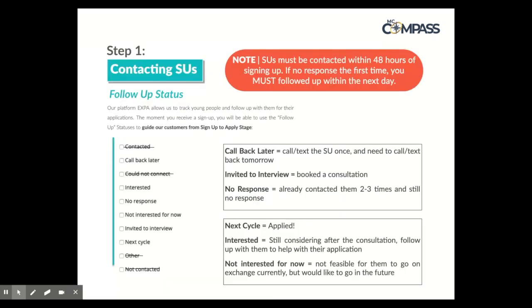So you're on Expa and you find, okay, cool, there's a new sign up. Let me contact them. So you would either call or text them. Just a note, signups must be contacted within 48 hours of signing up. If there's no response the first time, you must follow up the next day. So you have to follow up with them at least once if they don't respond the first time, but you can call or text them